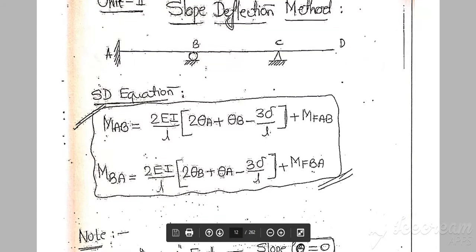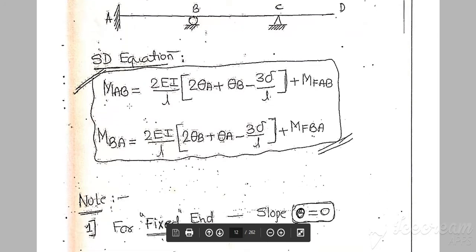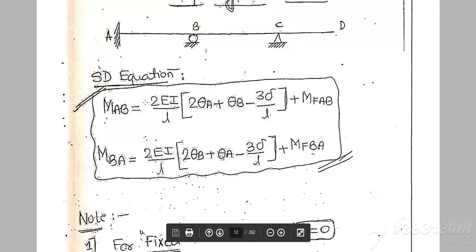In slope deflection method, this equation is very important for calculating moment. See, here for taking beam AB or span AB, for taking individually AB and BC and CD, here the slope deflection equation for beam AB, you can see the moment M_AB is equal to 2EI by L into